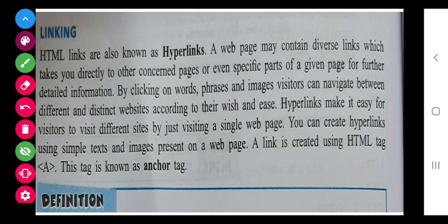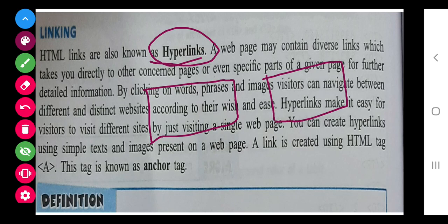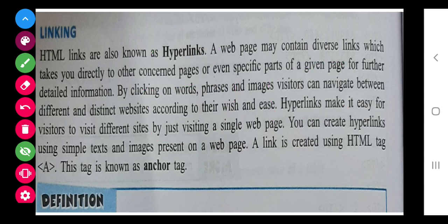From first chapter to second chapter to till this chapter, you have heard this word many times, hyperlinking. Class, hyperlinking means if you want to have a connectivity between the page or within the page, for that hyperlink is used. Now there is a word named hypertext. While using a net, you have seen that there are the links, like in Google Meet also, like I am also sending you the link. So those are the link, but the text which is written, which you click and you got into the different application, that is the hyperlink.